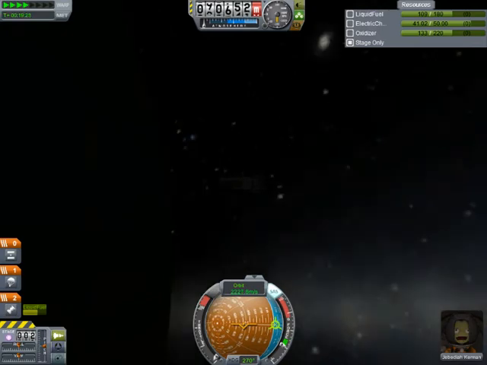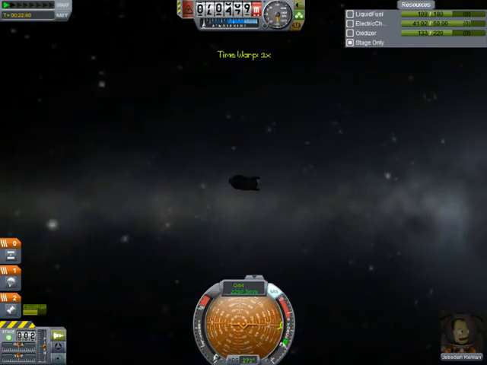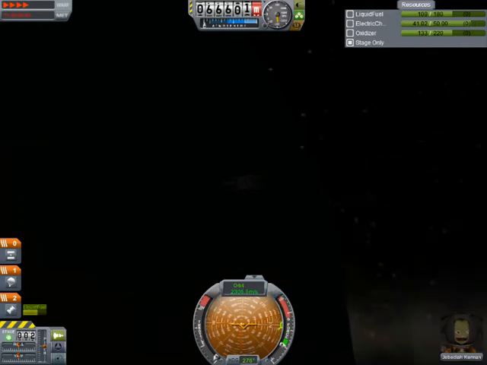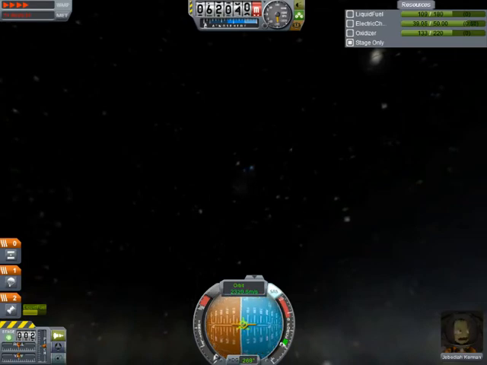I actually get really low FPS when facing the planet, oddly. As you see, our descent is coming down, and now that we're under 70 kilometers, we can use time warp 4 times. We can also turn off SAS, and as we get lower and lower, we will actually start to... Oh, okay, I forgot time warp was on. We're going to turn that off just enough for me to...